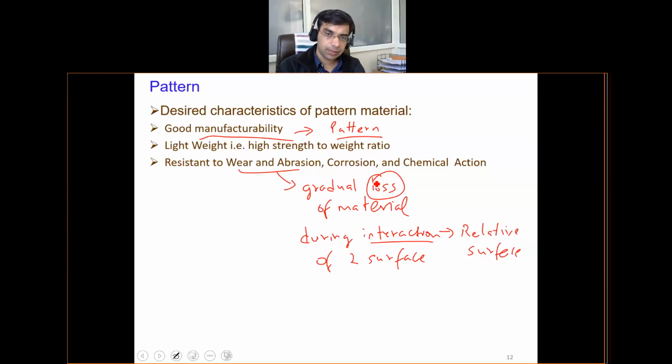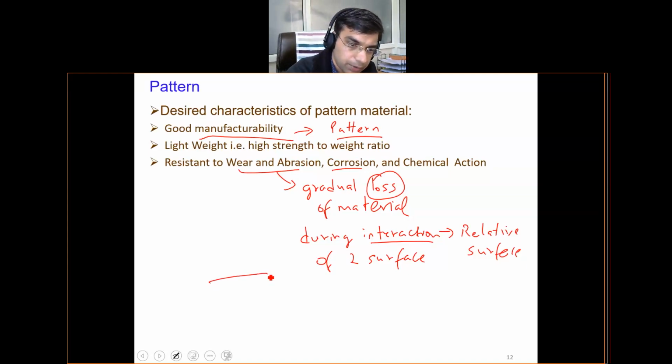And abrasion is basically the term for scratching by hard particles. If you have seen a sandpaper, which is used for finishing, it has a lot of grits, the silicon carbide grits over it. So when you rub such material on a soft material, you are basically abrading the material to remove excess material. Corrosion, you can understand they should be resistant to corrosion, because if there is corrosion, there will again be loss of material, and we don't want that to happen from a pattern, because pattern carries a very important aspect for any cast product, that is dimensional integrity.